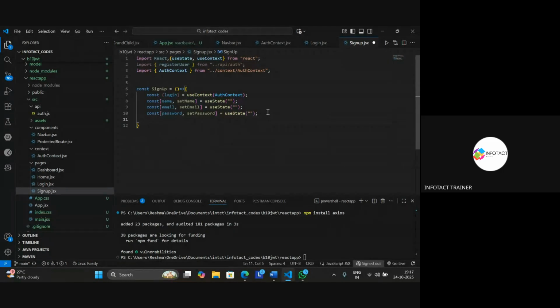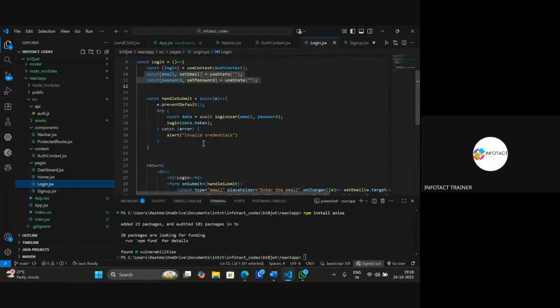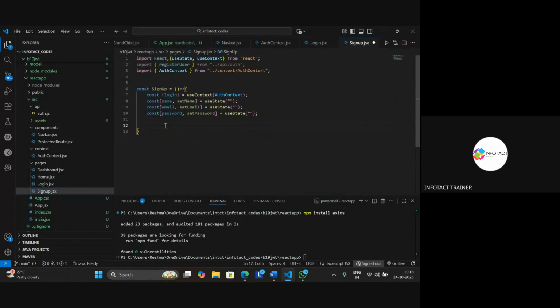After that, here also I will create an event for the submit button, which I will place inside the form tag. So when the submit button is clicked, the same thing will take place. That is, the default event related to the button will be prevented, and whichever data we want from the backend, we are going to fetch that. Copy it, and then with the help of const, we submit